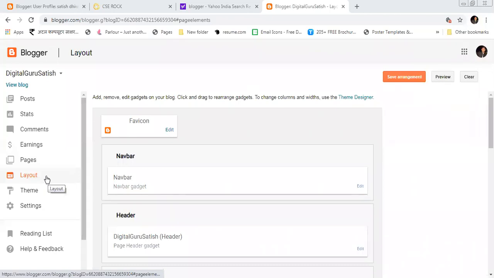So when I click on layout, here you can see in the sidebar one section appear. And here you can see add, remove, edit gadgets, and how you can add and remove and edit gadgets on your blog, and how you can use click and drag and drop functionality and rearrange the gadgets in your blog.